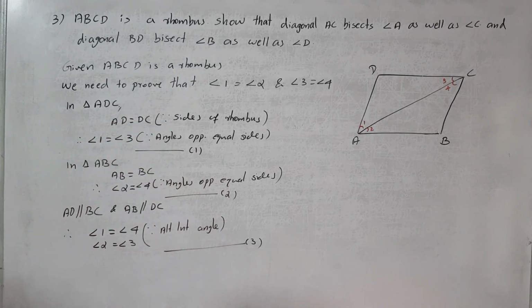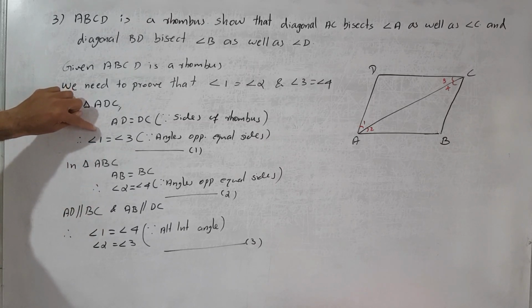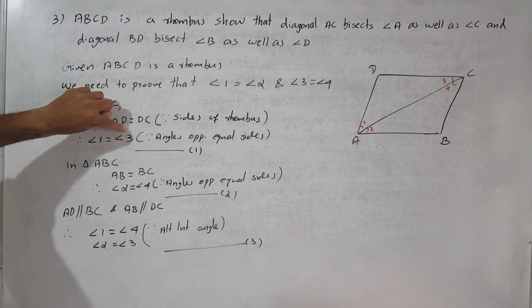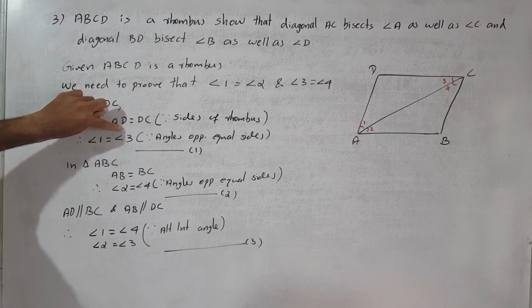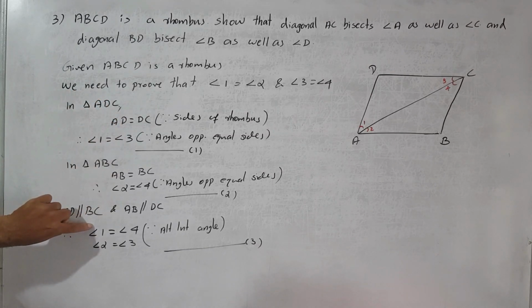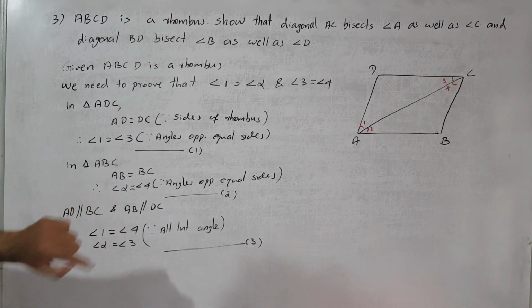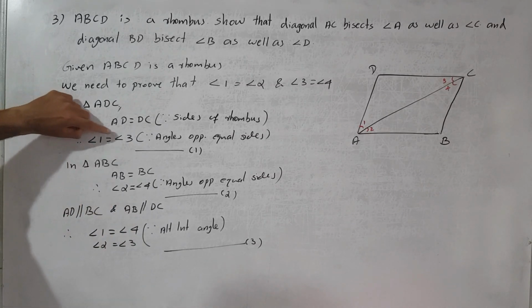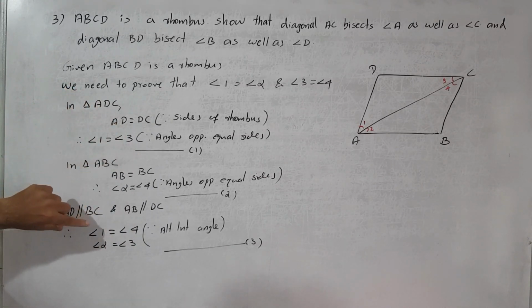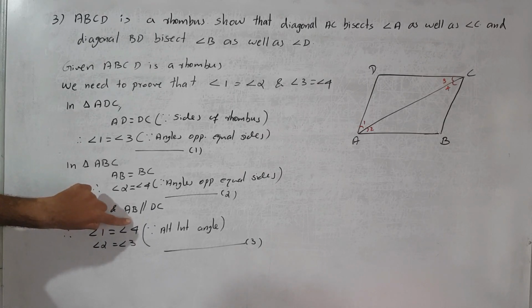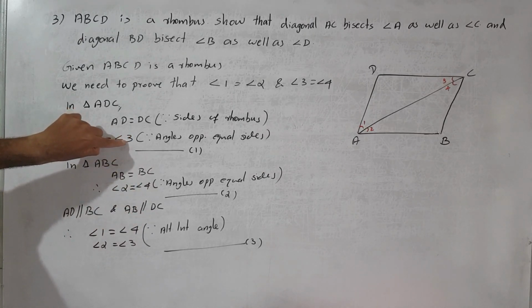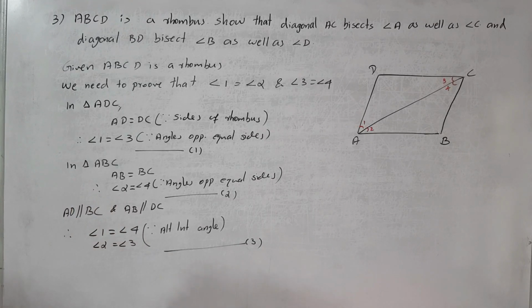So we consider equation 1 and equation 3, then what do we get? Angle 1 is equal to angle 3. Angle 1 is equal to what, children? Angle 3. Angle 4 is equal to what? Angle 1 is equal to angle 4. Angle 1 is equal to angle 3 and angle 1 is also equal to angle 4. So which ones are equal? Angle 3 is equal to angle 4, right?